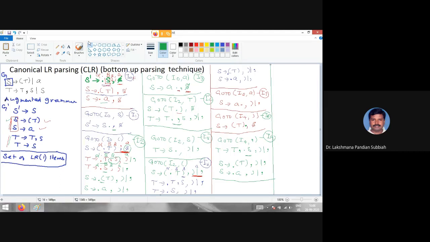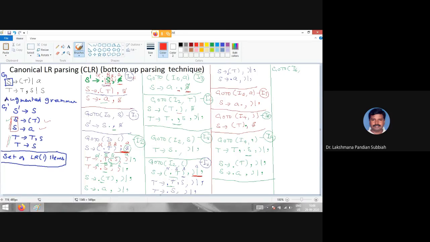Right. Here I6 comma T is, see that one. Go to I6 comma, here I6 comma T. So we are having two places there, right? So now you have to take these two places.